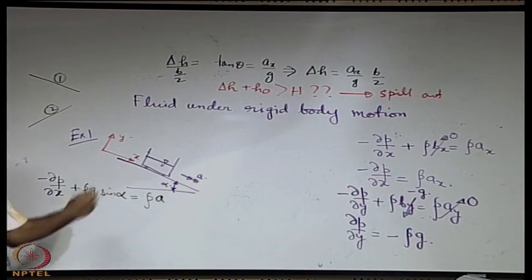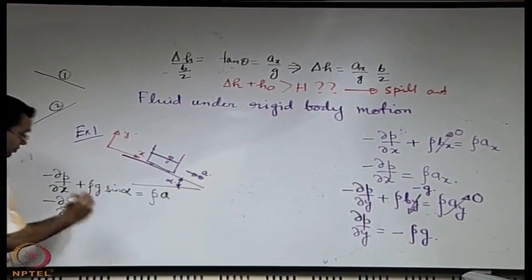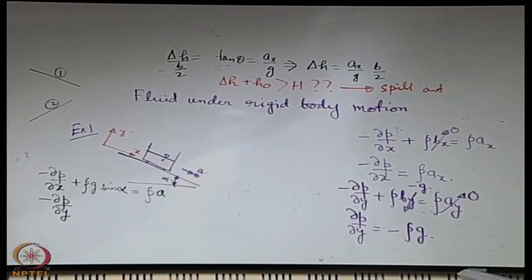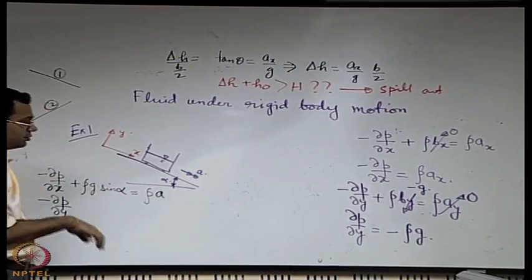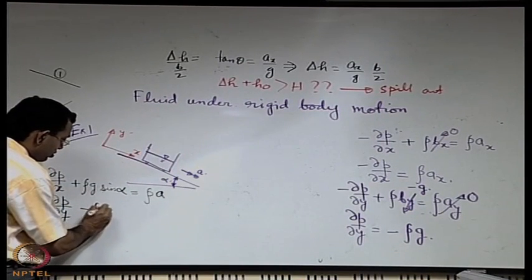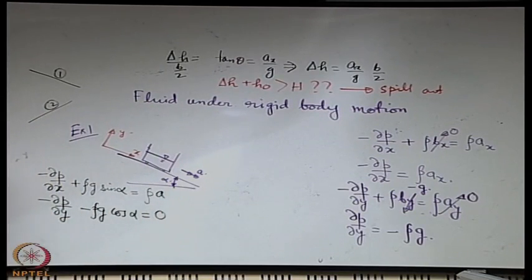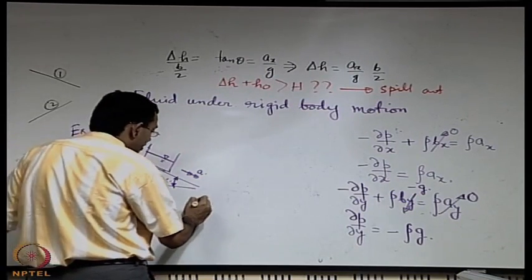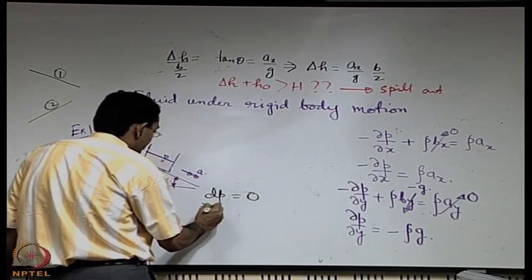What about y? So, minus, so y will be minus g cos theta. So, minus rho g cos alpha is equal to 0. So, from here you can find out when you have dp equal to 0, that means